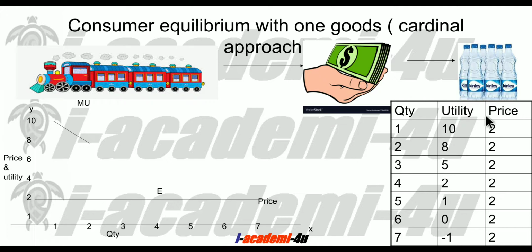First commodity. He will be consuming the first unit, and it will give him $10 worth utility. On the second consumption, he will be